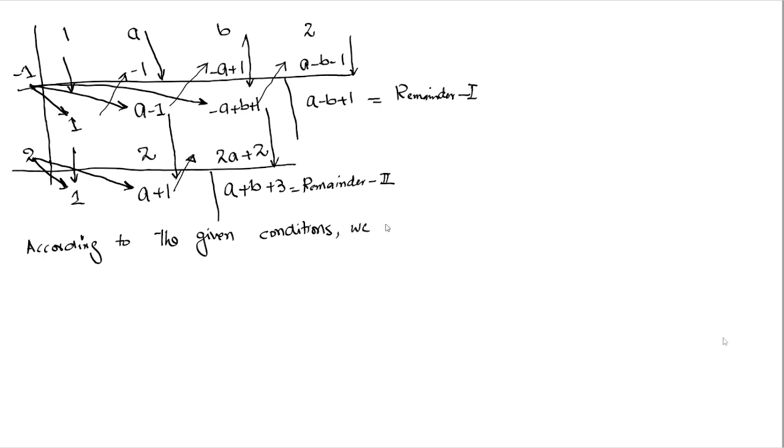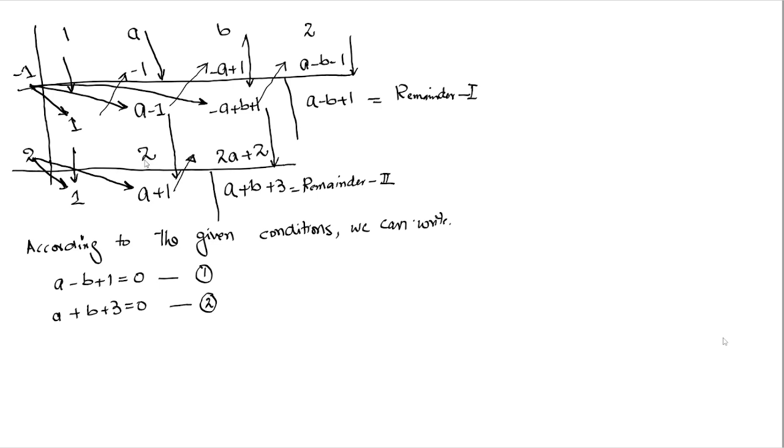We can write that the first remainder will be equal to 0 because x plus 1 is a factor of the given polynomial. So this is equation number 1, and a plus b plus 3 is equal to 0. This is equation number 2, and it comes from the second condition that x minus 2 is a factor of